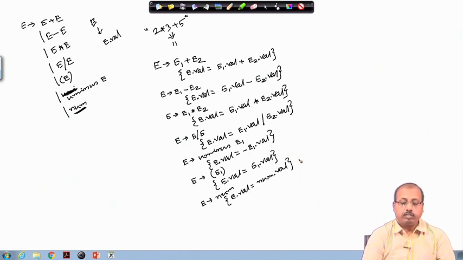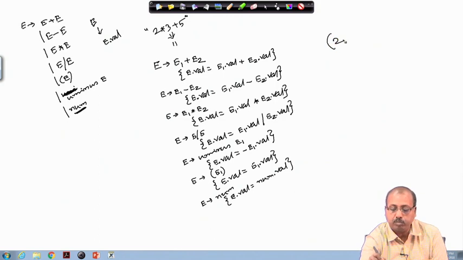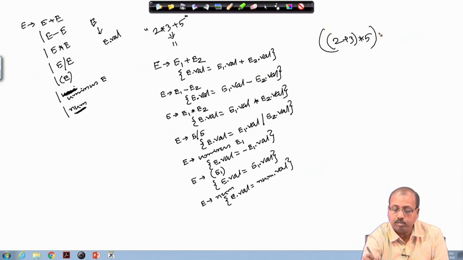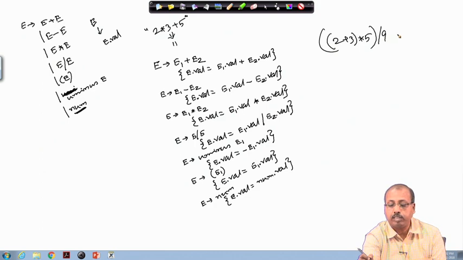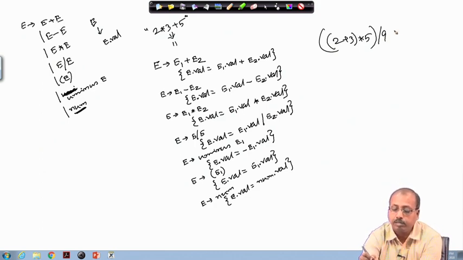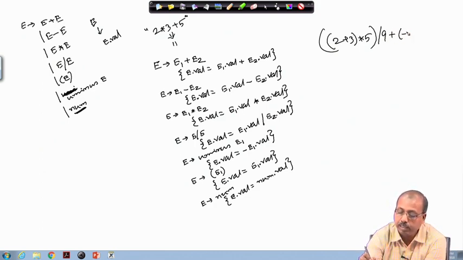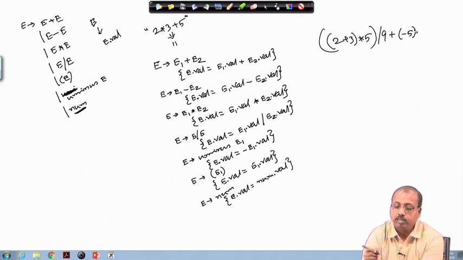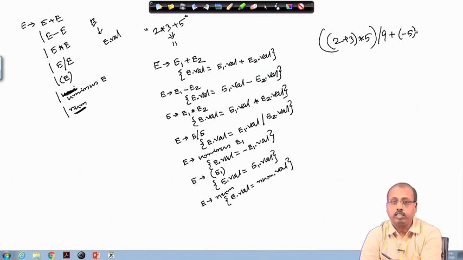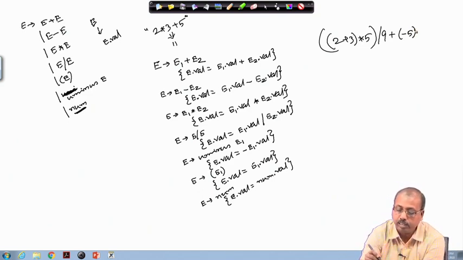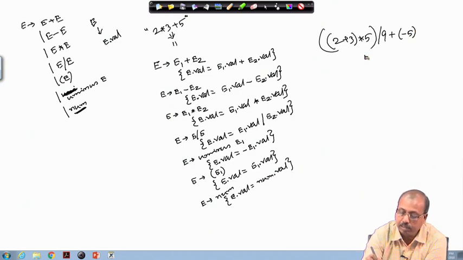Okay. So, you can check how it will work, if I have an expression like, say, 2 plus 3 into 5 slash 9 plus minus 5. How will it look? The parse tree will be like this.